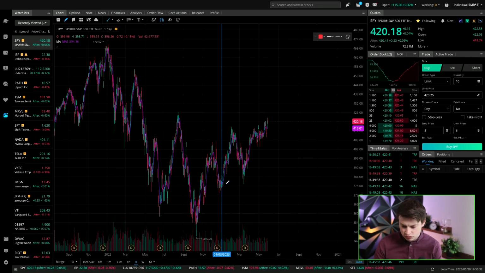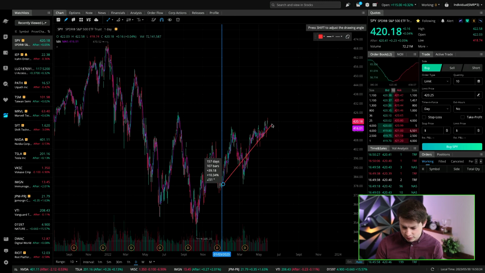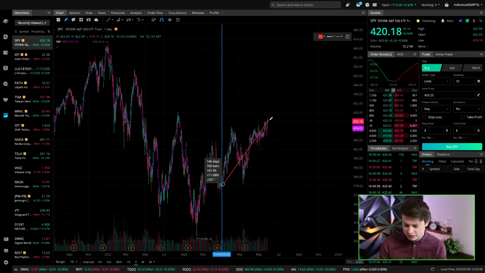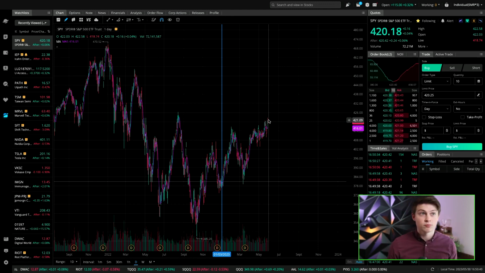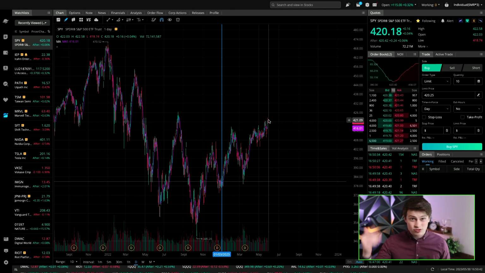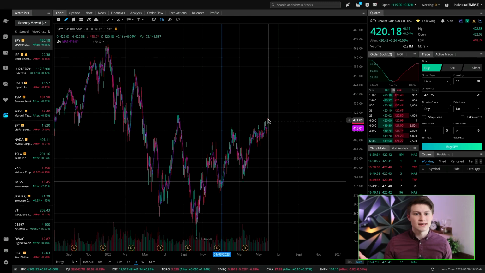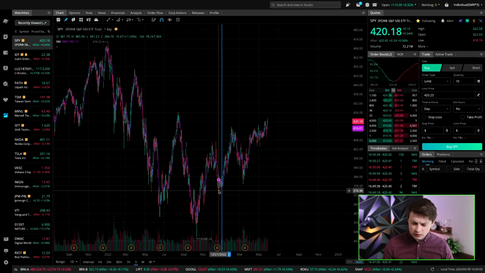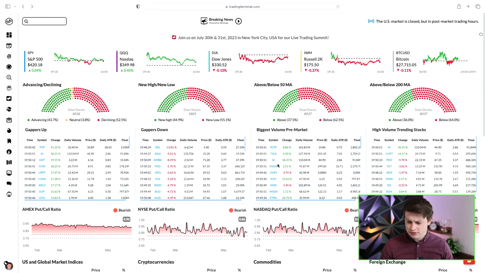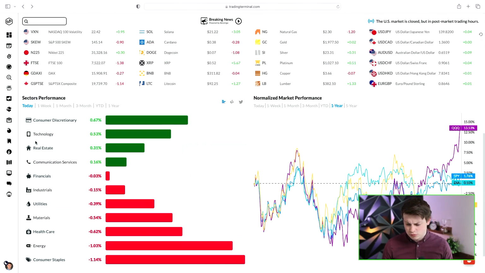Let me do Control T here, and let's just get a rough approximation. Yeah, the SPY is up about 11% year to date, which is pretty crazy. Annualized returns for the S&P, you can imagine 8% per year if you're just a plain old investor, not a day trader. Right? Okay. So let us transition to tradingterminal.com, which I really love, and I think